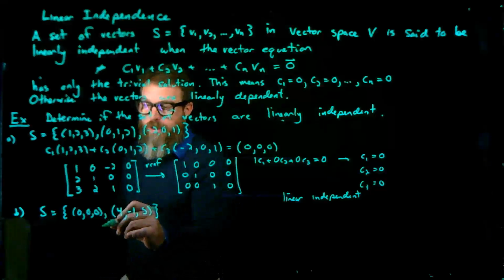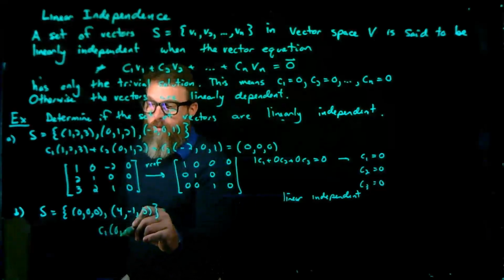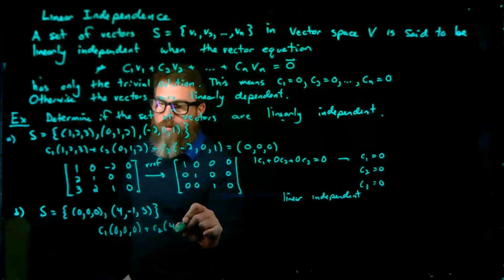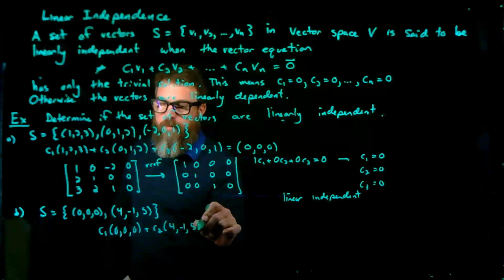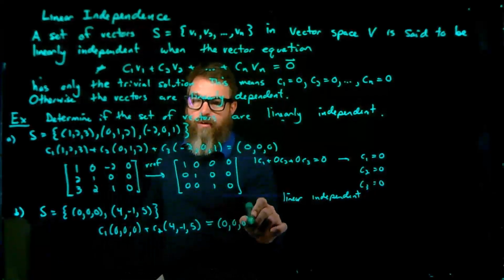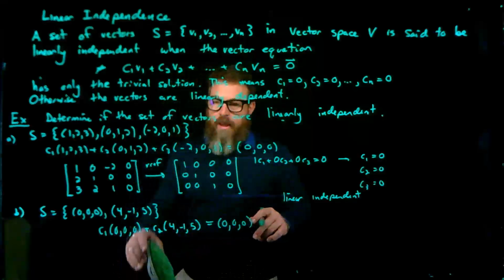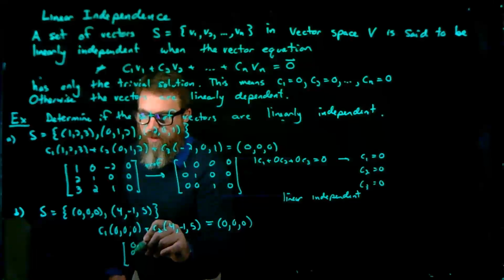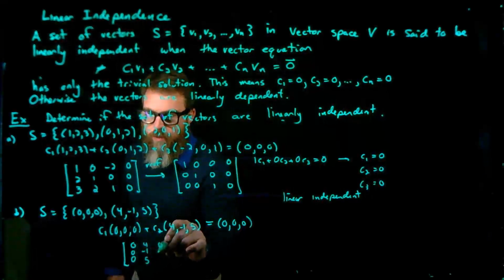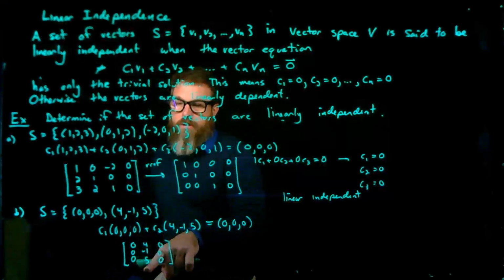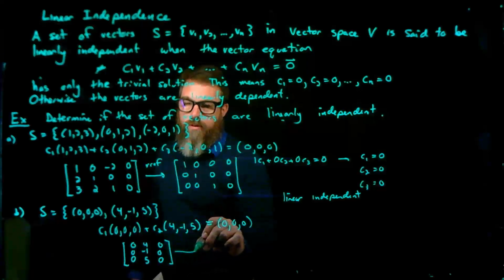So what we know is this is just going to be C1V1 plus C2V2 would be equal to the 0 vector in R3. And setting this up, we're going to have this would be equal to 0, 0, 0. This is 4, negative 1, 5, and this will be equal to 0, 0, 0. Now, C1 column, C2 column, equal column. And now when I row reduce echelon form this thing,